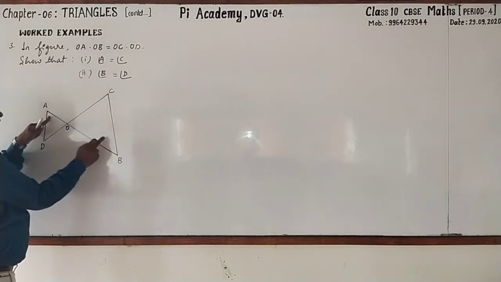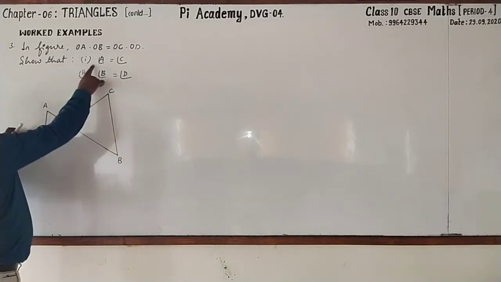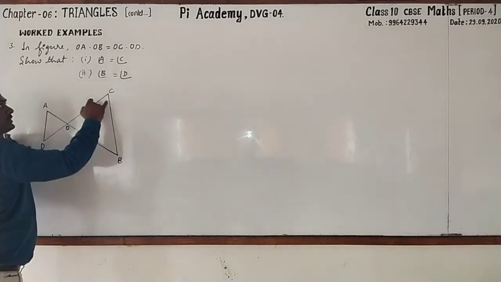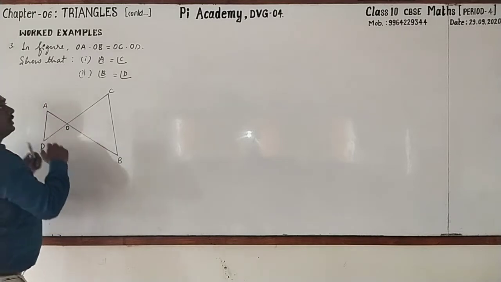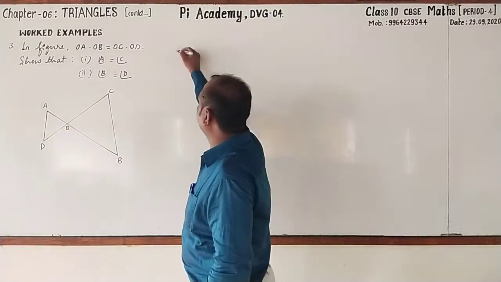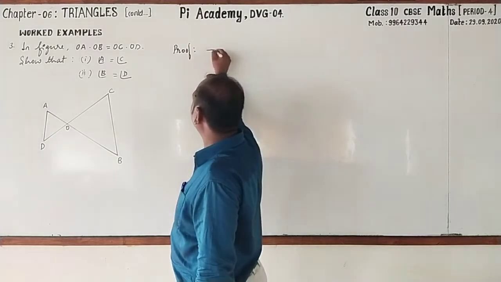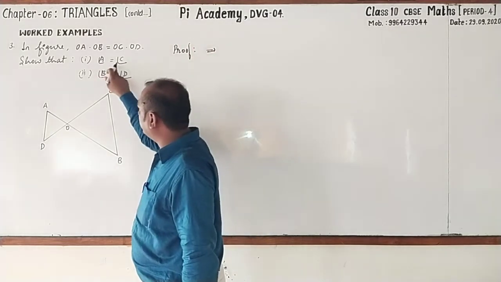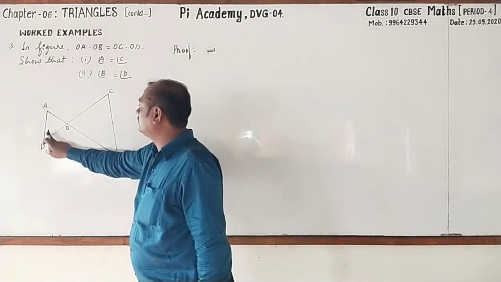Don't think that angle A equals angle B because of alternate interior angles. Here, these two sides are not parallel. So we have to prove angle A equals angle C, then angle B equals angle D. Right? Very simple to prove. Then which two triangles should be taken? Look here. As we are going to prove A equal to C, B equal to D,